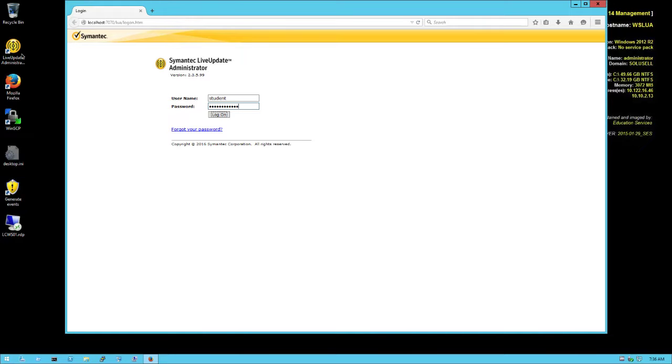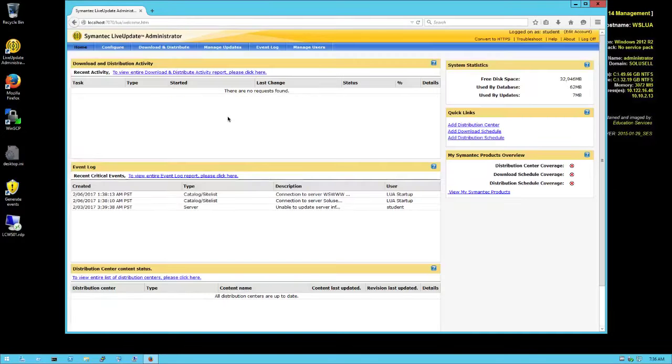If you open, there's an icon here on the desktop for LiveUpdate Administrator. Then you type student. The password is pre-saved already, so you just have to click log on. And you have access to